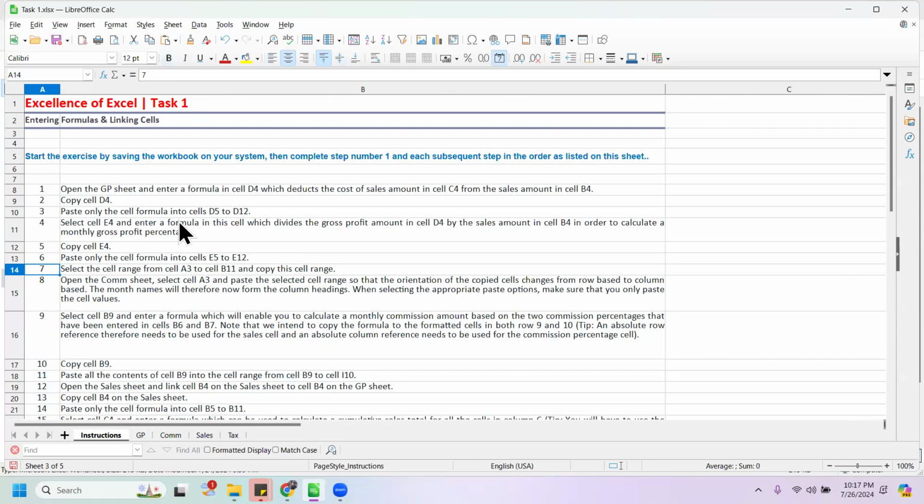Now, just read the instruction of step 8. Open the form sheet, select cell A3. You will select the A3 and paste the selected cell range so that the orientation of the copied cells changes from row base to column base. The month name is there for row now from the column heading, and now you will use that transpose concept here. Okay, you have copied